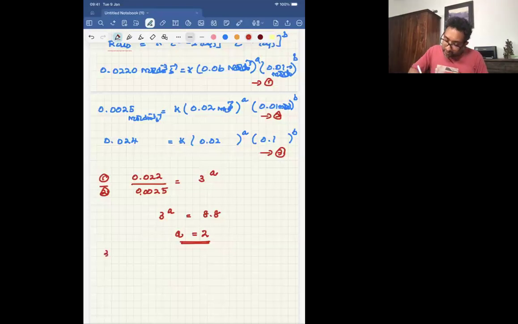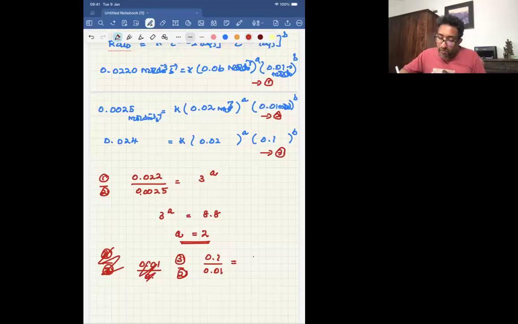Like, 3 divided by 2. So that will cancel out. Then 2 divided by 3 again. Put a 0.1, 0.01 divided by 0.1. I'll do it in the other way around. 0.1 divided by 0.01 is equal to